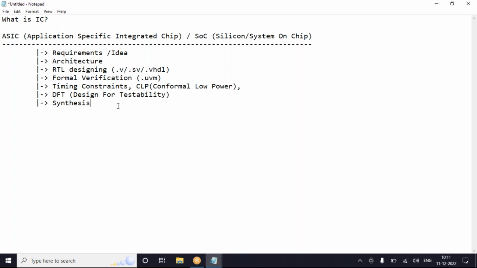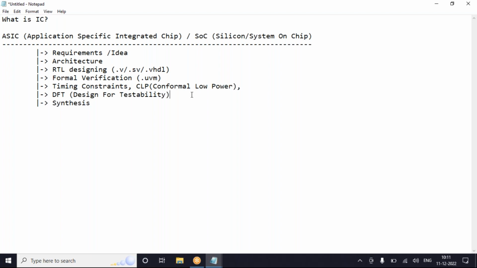That means first it will convert behavioral code to the gate level netlist, and this gate level netlist is technology dependent. Till this particular DFT stage, we will be terming it as sign off, RTL sign off.